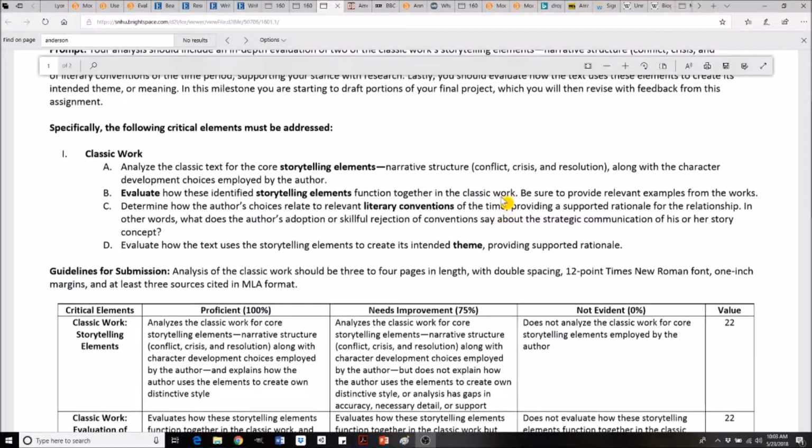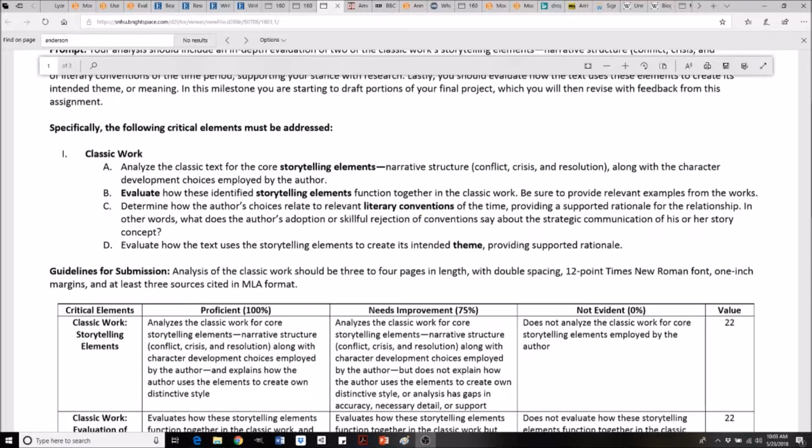Here, if I were to do a classic work from the early 20th century, I definitely would want to do some historical research to figure out movements of the time, what was happening at the time. When I say movements, I mean social movements, which also overlap with literary movements, and then how does this work fit into that puzzle, those historical and literary elements. And once I figure that out, I could say, does this book use some of those conventions of the time? Is it purposely going against those conventions, kind of like a counter-convention thing?